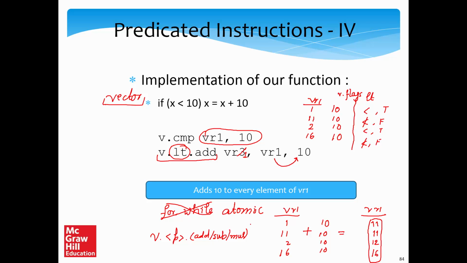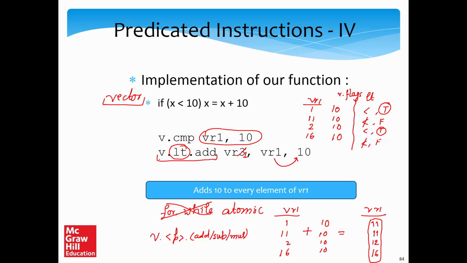The important fact of the matter is that any such instruction first takes a look at what are the computed predicates, right? For less than, we basically take a look at the flags register and find out which of the elements evaluated to a less than. For greater than, we find which of the elements evaluated to a greater than. And based on that, for all the elements for which we evaluated true, we actually perform the operation, and for the rest, we don't. So in this manner, it keeps the hardware very simple and straightforward. And so it does not complicate the hardware at all.